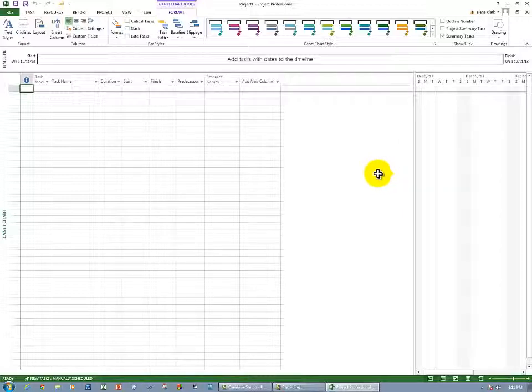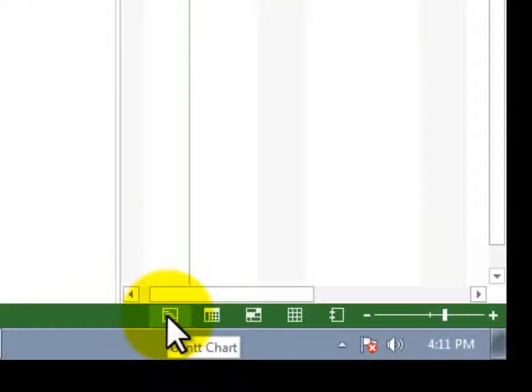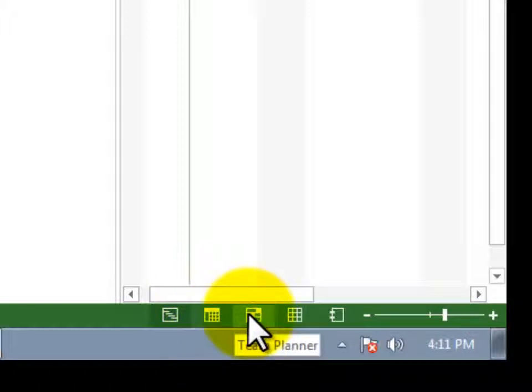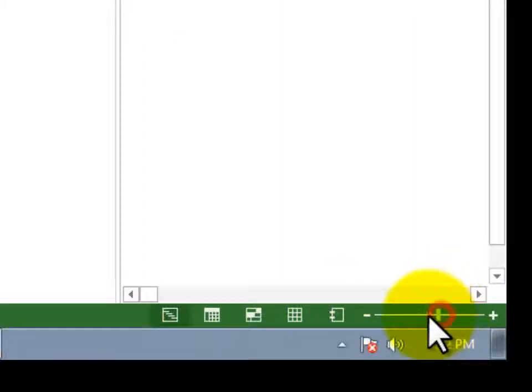Down at the lower right-hand corner, we've got different views as well. Here's our Gantt chart view. Now we don't know what that is yet, but that's where we are right now. And then we've got our task usage, which we're not going to talk about right now. Then I've got my team planner, and I've got my resource sheet, which we're going to use a lot. Then I've got my report tab. I can select this and